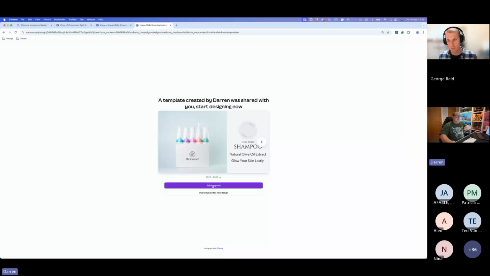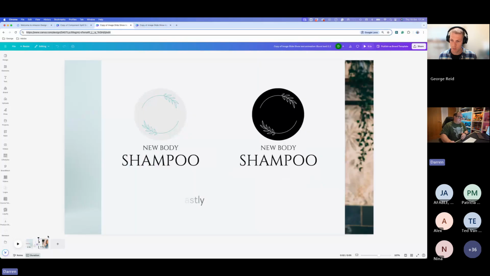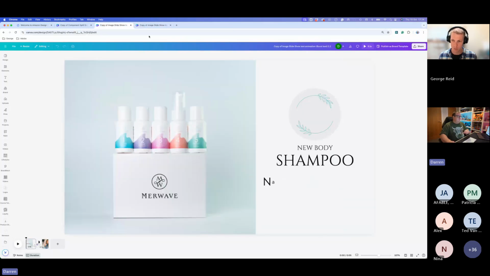And that'll be something, if you've created your own templates, you could create the original or edit the original template. But if you want to then use that in a design, you'd actually say, use this template for a new design. So we're going to click on use this template for a new design, and that's going to open up this page, which is exactly the same as this page. It's just got frames 1 and 2. I'm just going to click delete.